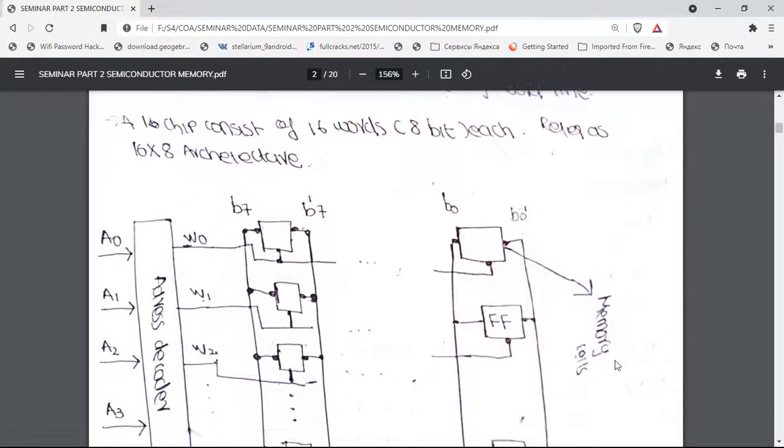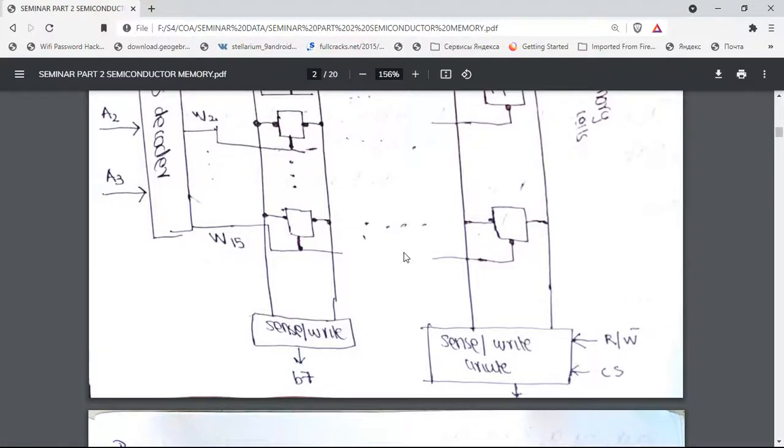As we said, this is the cell, and it has two points. For example, if this is the 7th cell in the circuit, there are B7 and B7 dash. Why there is 2-bit information passing, we will see later. It is all made up of FF, that means flip flops. We will discuss how the circuit works and everything.